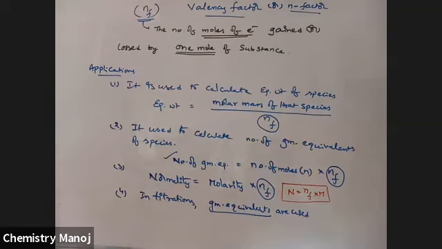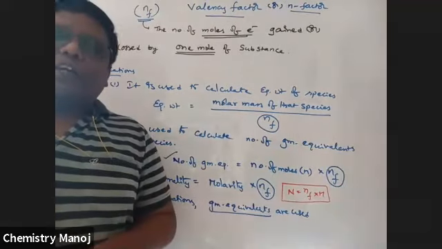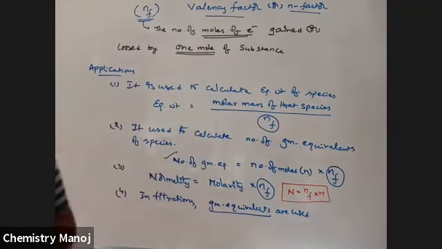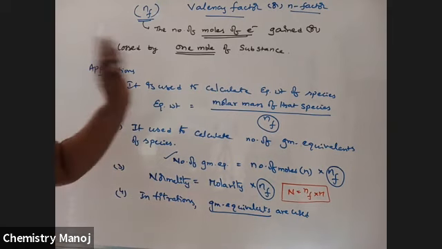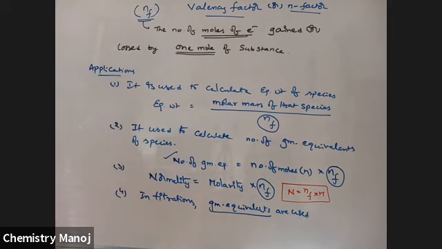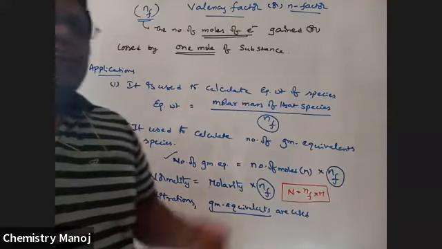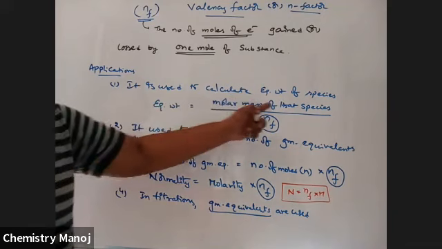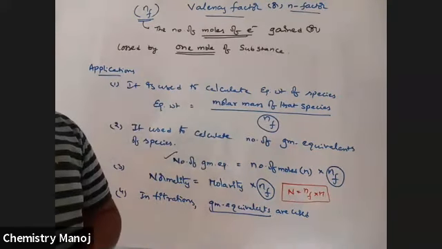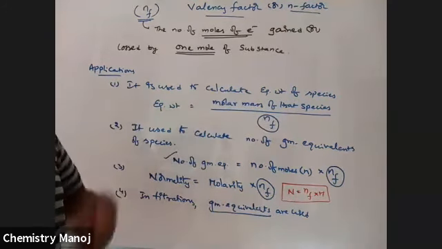First of all, you should learn what the n factor is for a particular substance. Now I am going to explain how to calculate the n factor for a particular substance. After calculating this n factor, you can calculate equivalent weight of the substance. Equivalent weight is equal to molar mass of the species by n factor. If you know the n factor, it is easy to calculate equivalent weight.